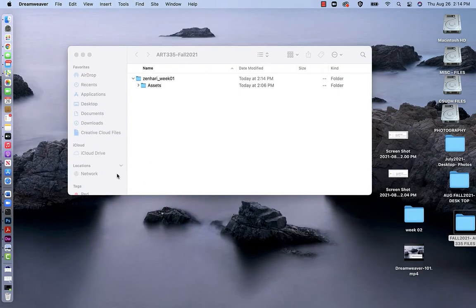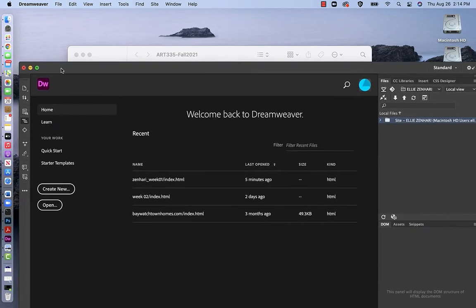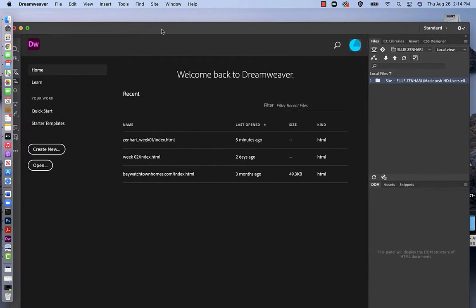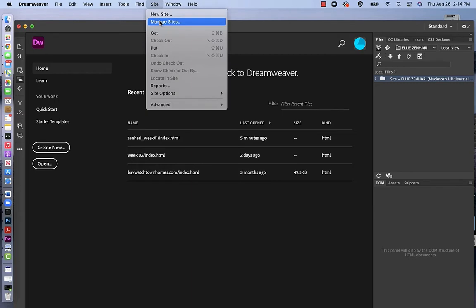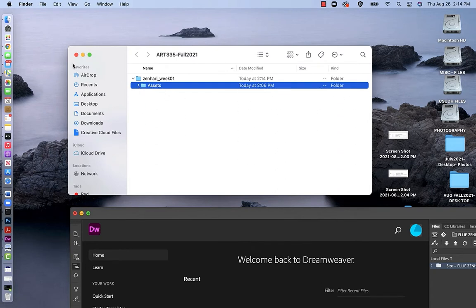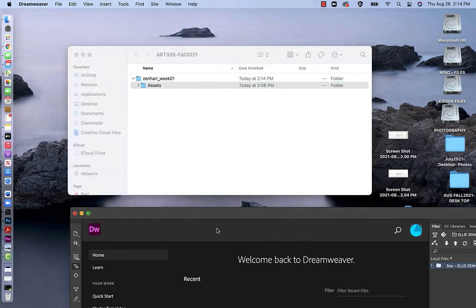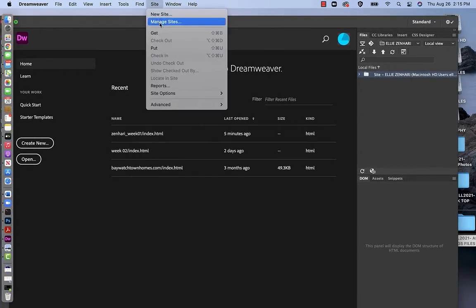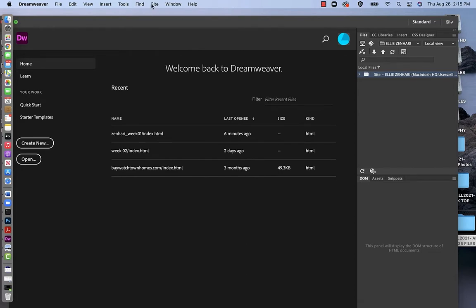Now I'm going to launch Dreamweaver, which, like I said, is a web authoring program similar to InDesign, which is for print. The first thing I'm going to do is manage my site, which means I'm going to tell Dreamweaver where this folder with my assets is located. That is the most important step in doing any kind of web management, because Dreamweaver has to know where your files are. The way you access it, you would choose Site, Manage Site,